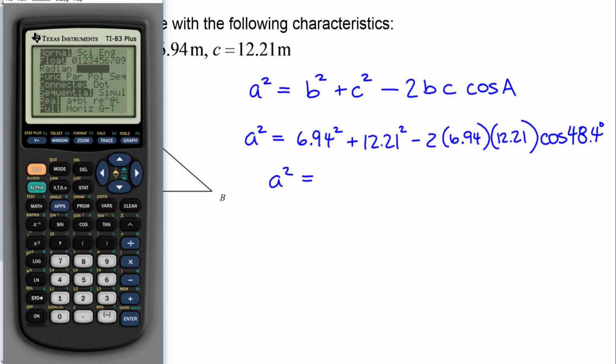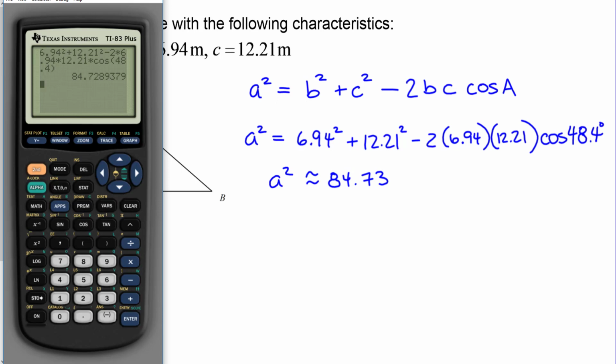And since degree is the checked box here, I'm fine. All right, and we'll hit enter. And that's going to give me approximately, I'll tell you what I'll do. I'll write, this is approximately 84.73, although I'm not going to use